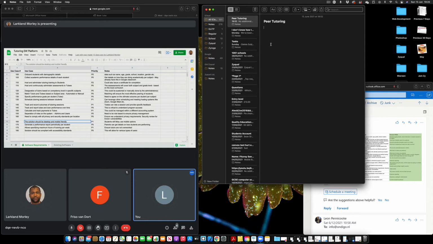Because it could be Jamaicans anywhere, and if we are in the same school, we sign up, you tutor me, but we don't really do anything, and we get the money. We both agree that this has gone well, those sorts of things. So maybe it would be suitable to do it within the school, but initially to do it outside of the school. Outside of school, yes, that's a good point.